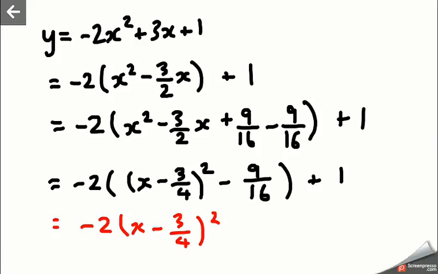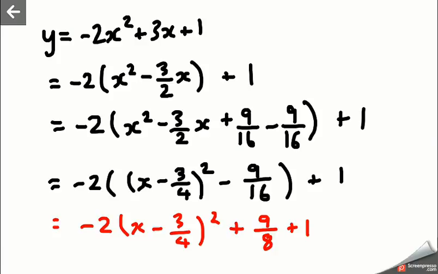Well, plus negative 2 times negative 9 over 16. I guess there's another way to say that. So that is going to be plus, because remember the two negatives will cancel each other out. We're multiplying a negative by a negative, that's a positive. So it's going to be negative 2 times negative 9 over 16, which is, of course, 9 over 8. So plus 9 over 8